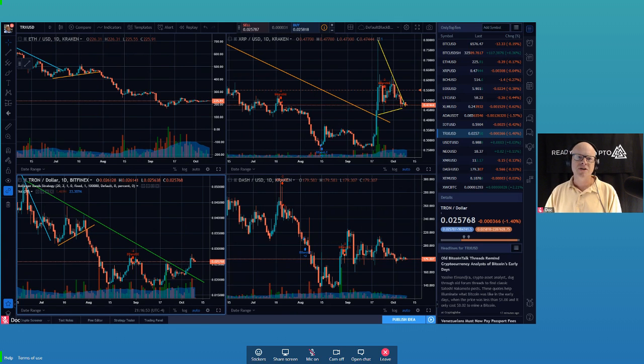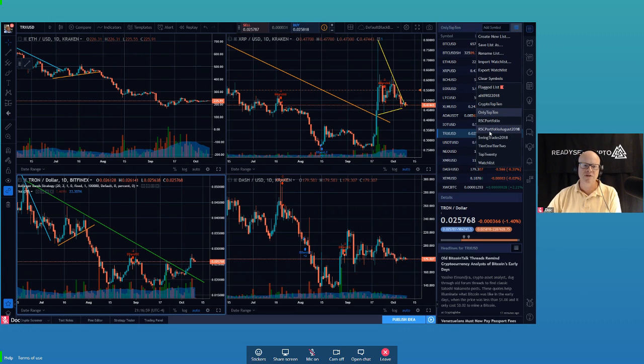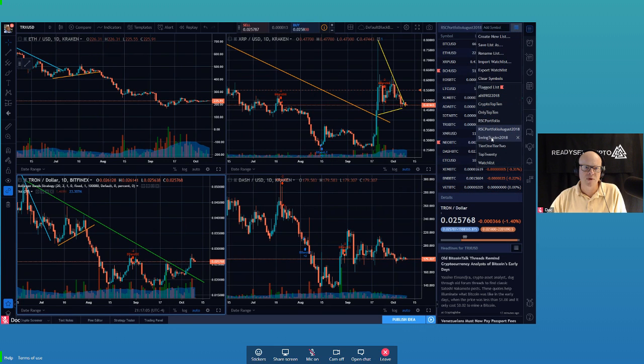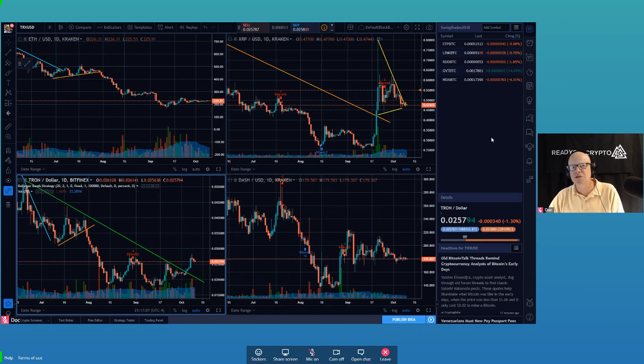So Tony is asking, do I think it's a good idea to create 2 portfolios? Well, yeah, because I'll do like, here's our portfolio for the managed ReadySetCrypto fund. I've got a portfolio only for swing trades. So these are the current swing trades that I'm either managing or just watching, looking at, those kinds of things. So yeah, I do keep multiple portfolios depending on what the need is.